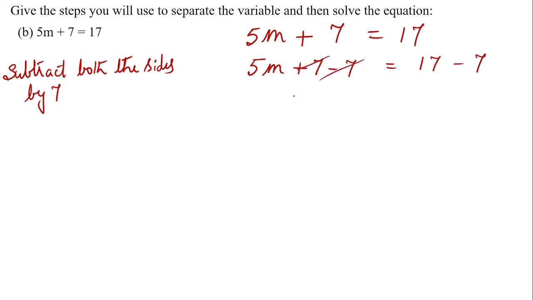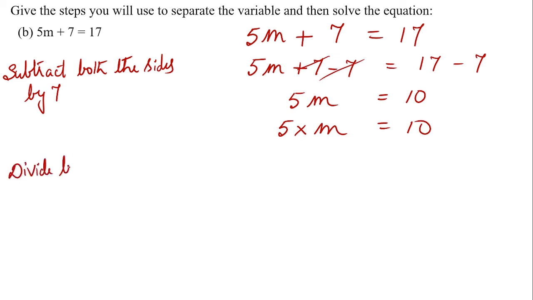Plus 7 minus 7 gets cancelled. So what remains? 5m is equal to 17 minus 7 is 10. Still we have not solved the equation for m because we have 5m. Now 5m is 5 into m is equal to 10. Multiplication, as such,